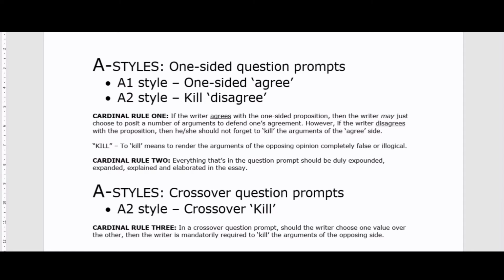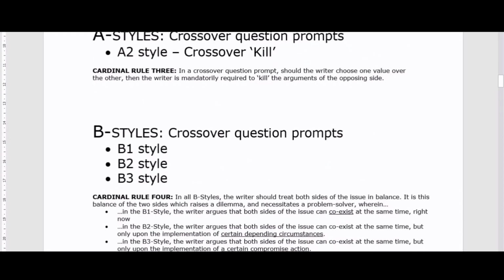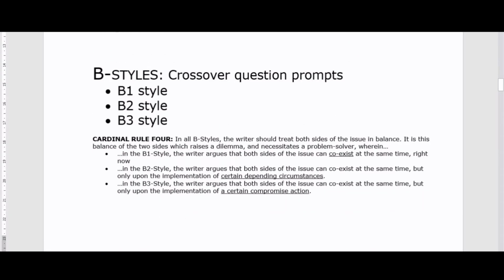Alright, so those are the A styles, and then let's now proceed to the B styles. If you are confronted with B styles, they are crossover question prompts. There's no denying it. The other characteristic of the B style is that you have two sides of an issue that are equally compelling, or it becomes very difficult to kill one side or the other. Therefore, in order to resolve the controversy, we can implement either the B1 style, which is what we would call